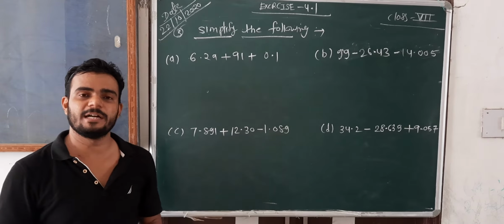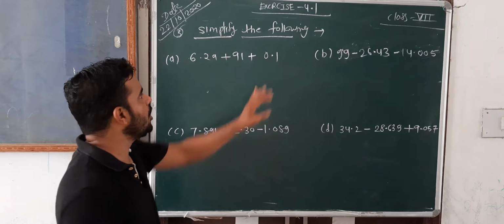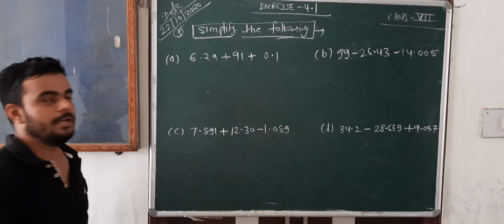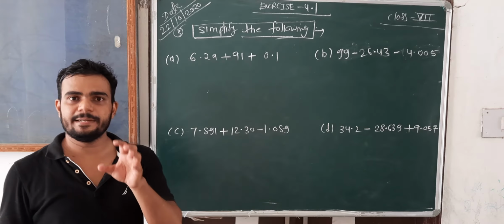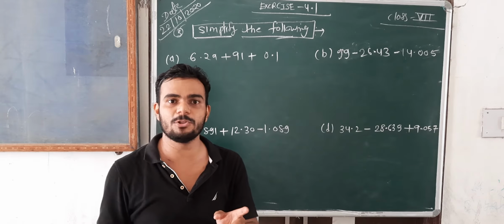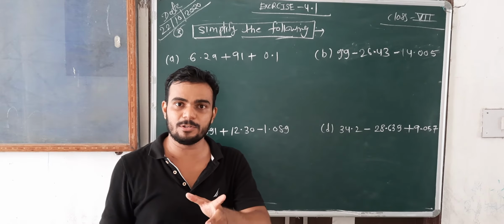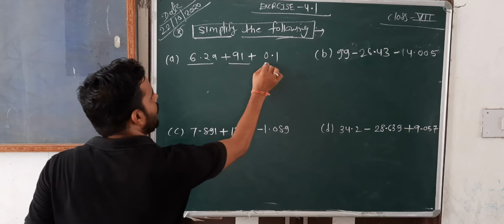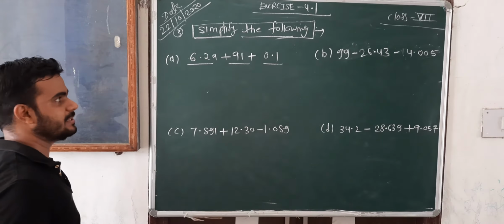Okay, so next question, third one. Simplify the following. It means now we have to simplify each of the following. What to do, simplify these. So just do one thing. Take care about one thing only. Those who are positive numbers, you have to add both of these. If they are negative numbers, you have to add both of these. Afterwards, subtract both of them. Okay. So let's see. All are positive.